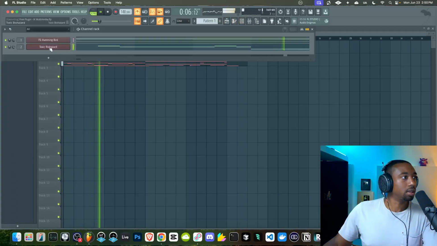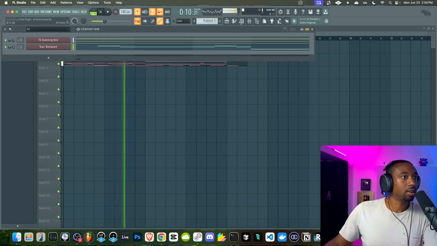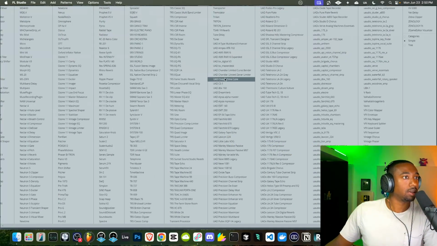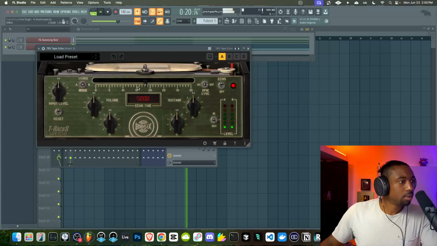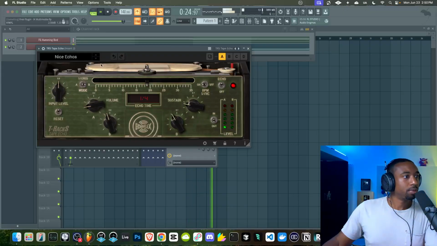All right, let's take off the delay inside the plugin. Let's add the echo. Again, it's called TR5 Tape Echo. If you're wondering how to find the plugin from their installation. Let's just go through presets.